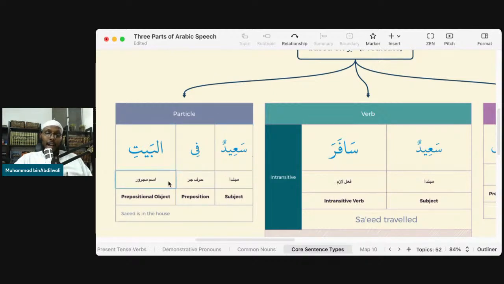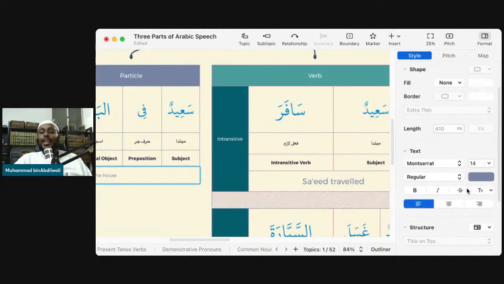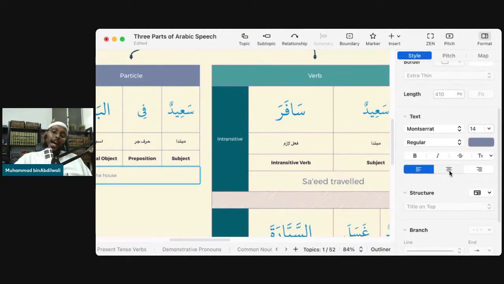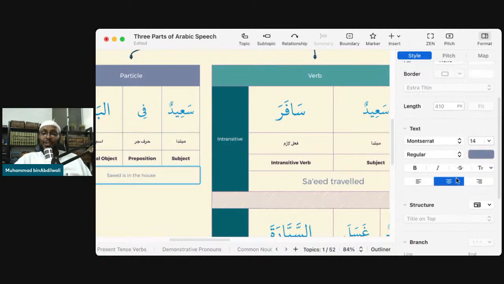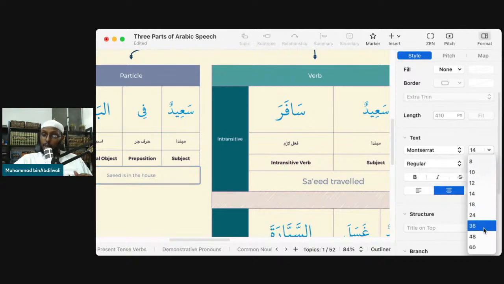So this kind of sentence will always give us the meaning of something being inside of something else in terms of time or place. We can also use it in terms of time. For example, I can say al-ikhtibaru fi Ramadan. The exam is in Ramadan. So here the in doesn't mean a place, it means time. It doesn't matter if the preposition is talking about time or location, as long as you place that subject within a place of time or location. That's what we now call a prepositional phrase, which is one of the main types of khabar.